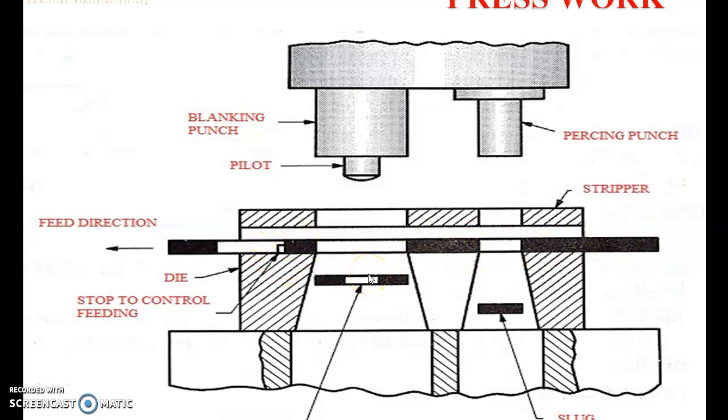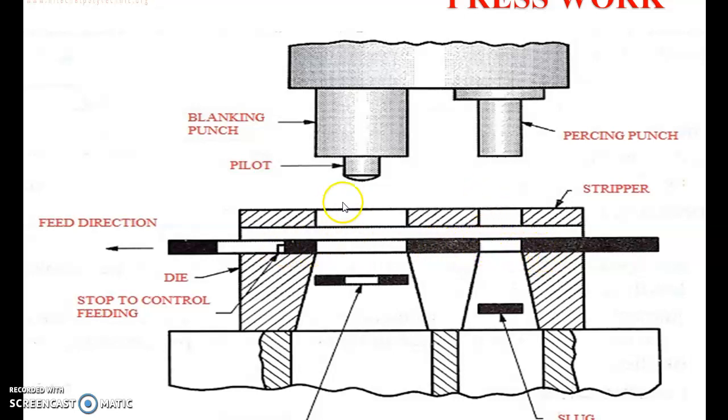So as the figure shows, in a progressive die the piercing punch cuts a hole in the workpiece. The blanking punch blanks out a portion of the metal in which a hole has been made by the previous operation. Thus, after the first stroke, when only a hole will be punched, now at each stroke of the press a washer is provided. That means the worker needs to progress the strip to the next station.